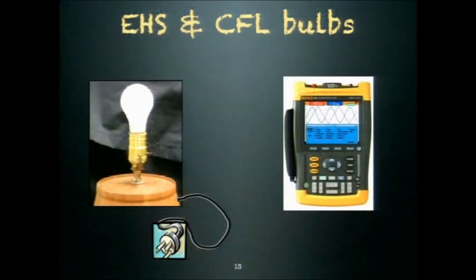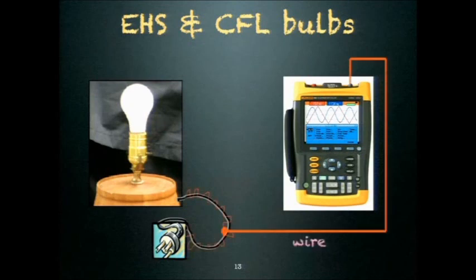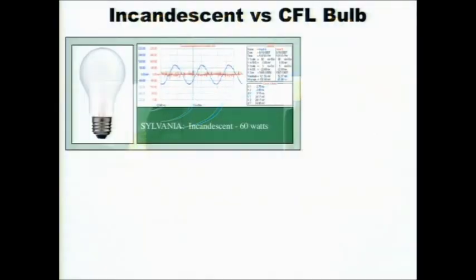We did a study with different types of light bulbs to find out what they actually emit. Basically, we took a scope meter that shows you visually, and you can calculate the intensity and the frequency of the radiation, and we measured what was coming through the wire. We wanted to find out how much dirty power it was contributing to, and what was actually coming directly through the air. And I'm going to show you what these readings look like in comparison to an incandescent light bulb.